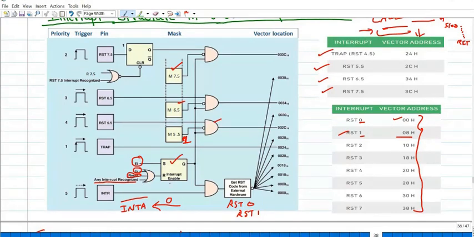There are three ways to reset the interrupts: either by executing the disable interrupt instruction, or by resetting the microprocessor, or if any interrupt is recognized by the microprocessor, then the processor temporarily disables this flip-flop until the completion of the interrupt service routine for the corresponding interrupt. And apart from this, we can manually reset the RST 7.5 interrupt by using this particular pin. And some of the software interrupts are RST 0 to RST 7.